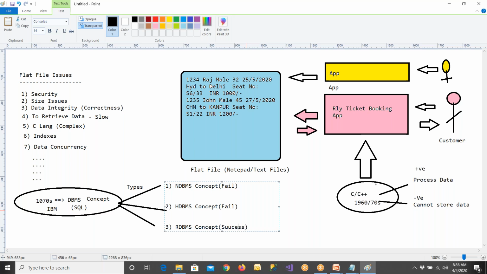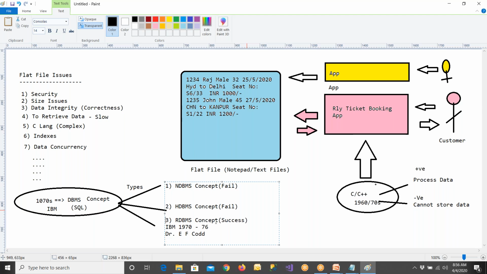Even today, people are using RDBMS, the relational database management concept, invented again by IBM folks only. It is 1970s to 76, and a lot of R&D happened in IBM. There is a doctor called E.F. Codd, a scientist who was part of IBM at that time. He invented relational algebra, relational mathematics theory, and using that, this concept was implemented.